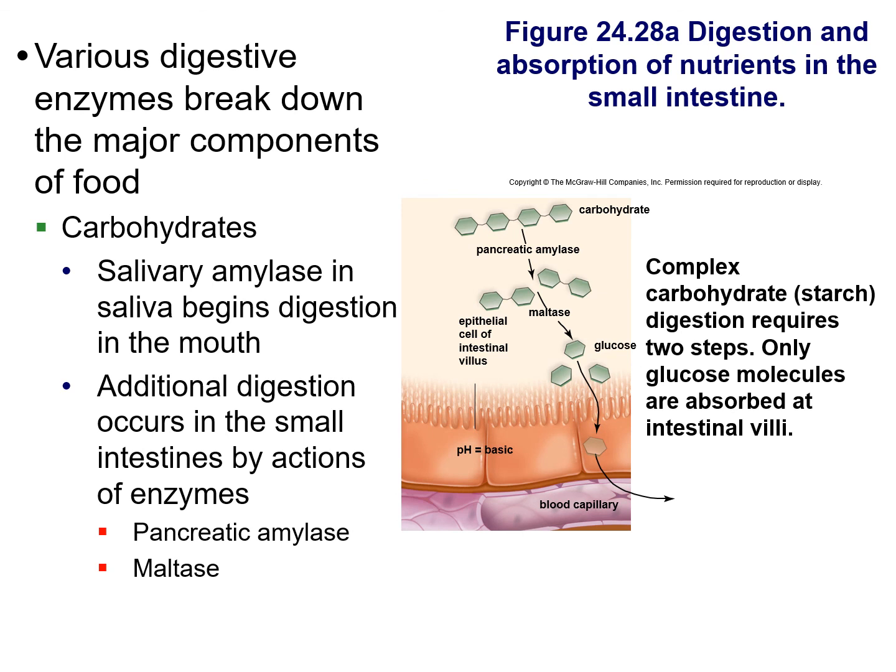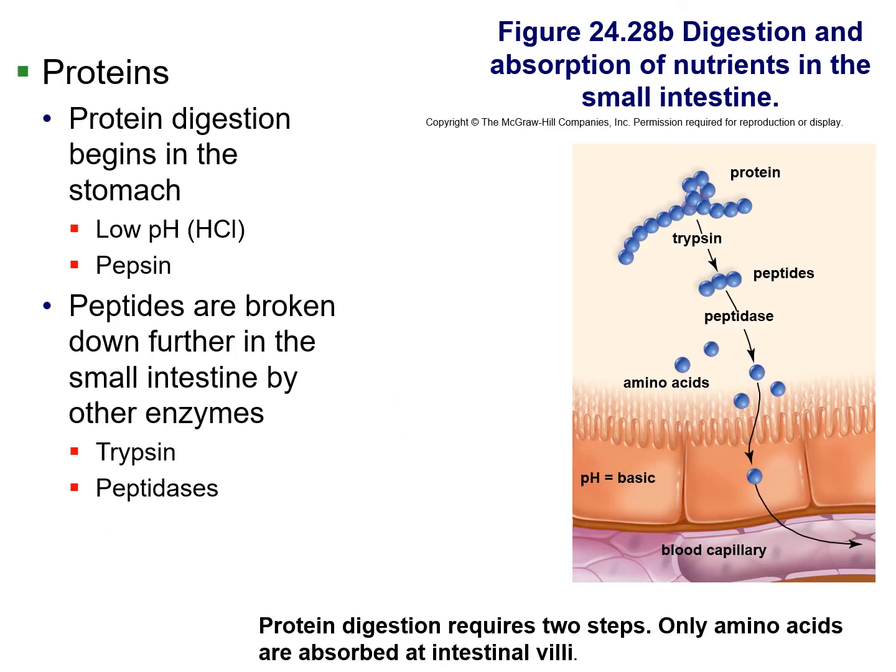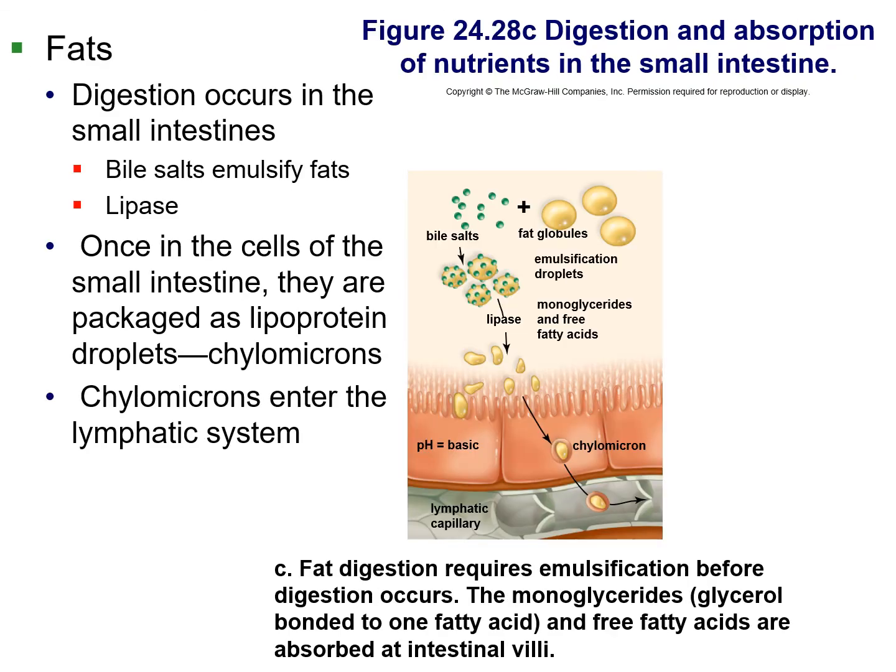And so, again, what is the whole purpose of all this stuff? You need the energy. Carbohydrates start getting broken down by salivary amylase, and then they get broken down even further by pancreatic amylase and maltase. Proteins are basically broken down in the stomach. Sometimes further in the small intestine by trypsin and peptidase. And then the fats themselves, those are broken down by the bile salts. They get emulsified. Basically, they end up kind of squeezed out, right? And they're packaged as little lipoproteins